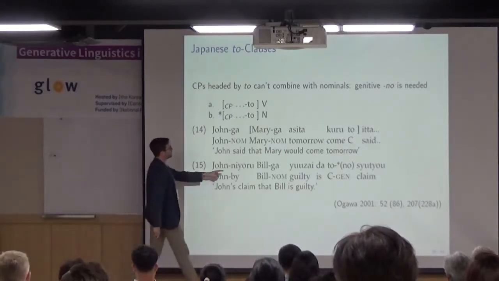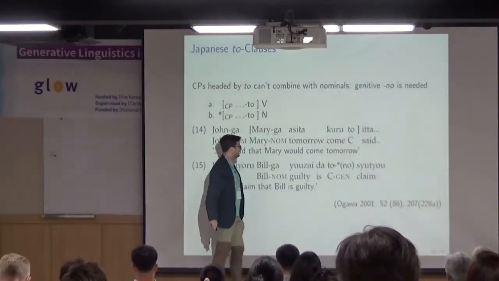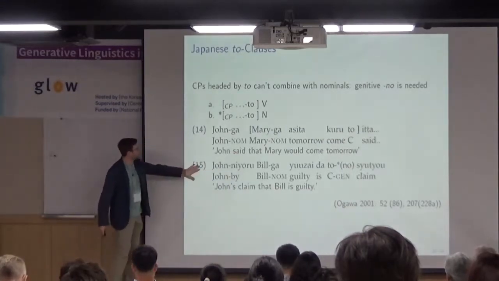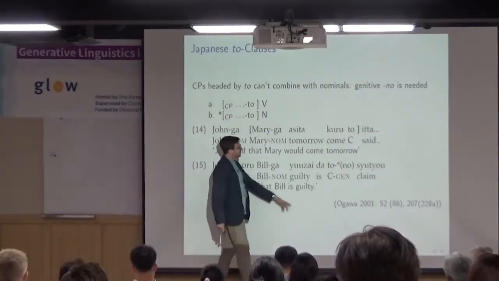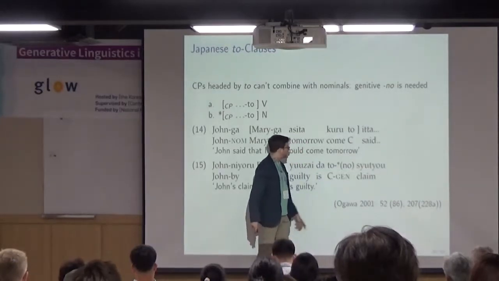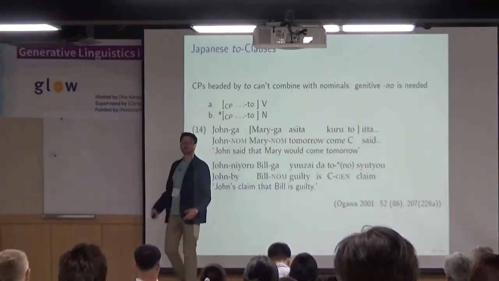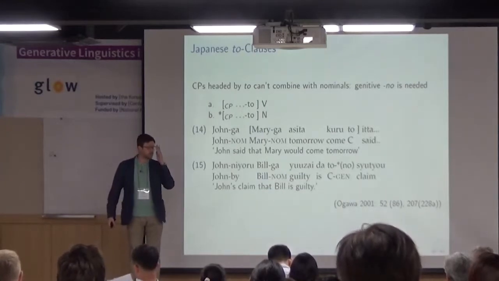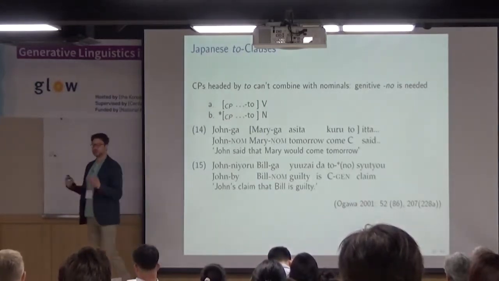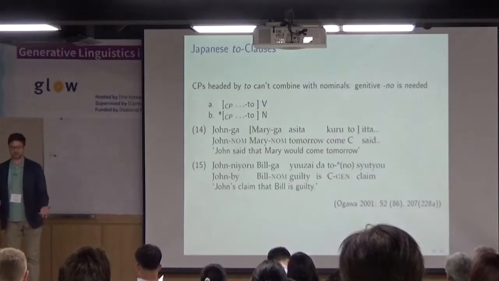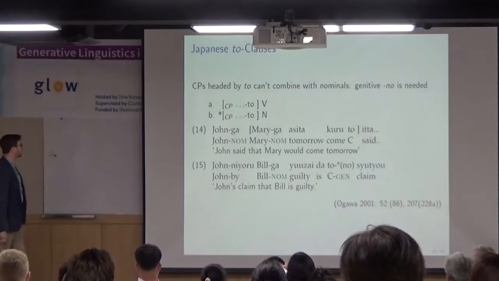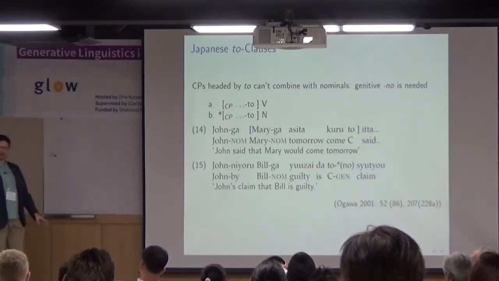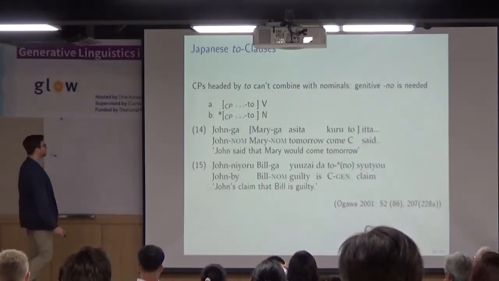Here, they like to combine with verbs, unexceptionally. But when they combine with nouns, several things happen that make them look different than English. If you combine it with a derived noun, I guess this is derived, you've got to stick in the genitive marker. Okay, already looking very different from English. This is what you do with arguments of nouns, even if they're a CP. You stick in a genitive. So already they're looking a little less like modifiers and more like true arguments.